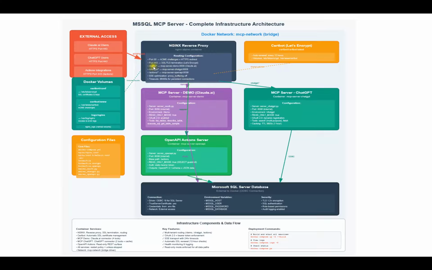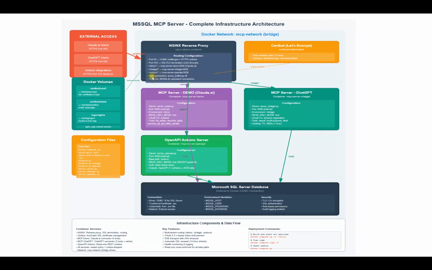For Claude AI we have demo. For the ChatGPT MCP custom connector, we have slash chatgpt, and for OpenAPI actions in ChatGPT we have slash actions.